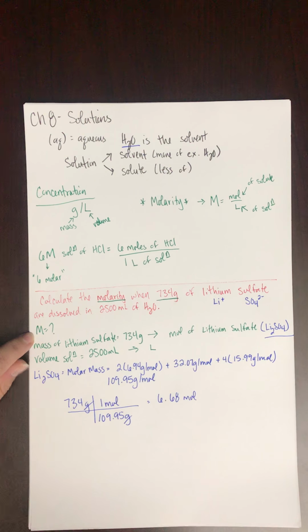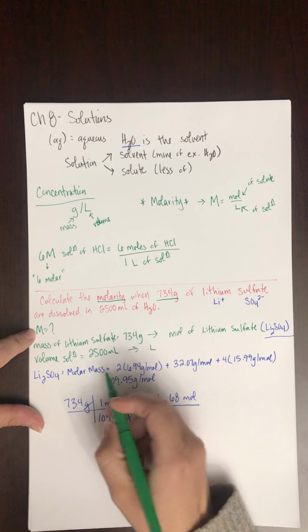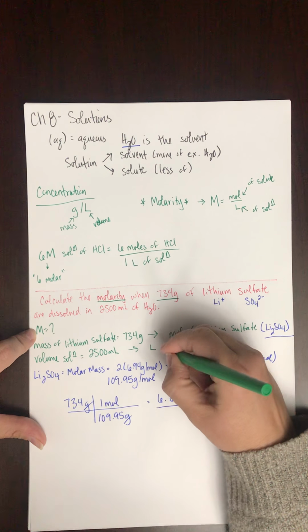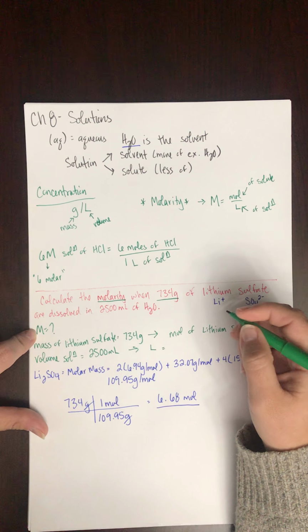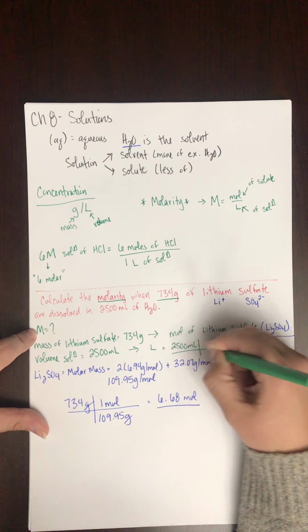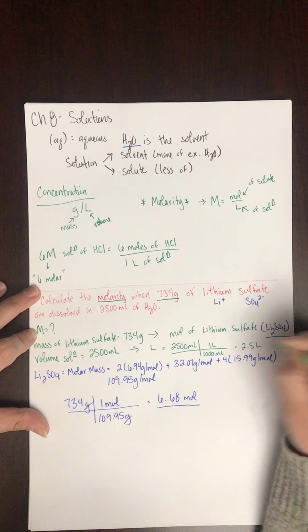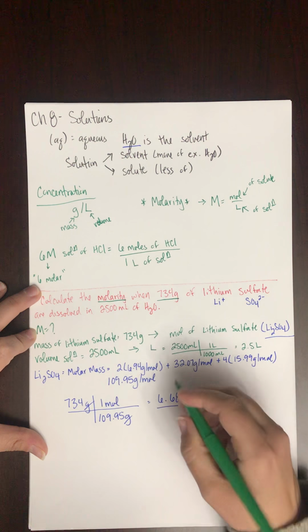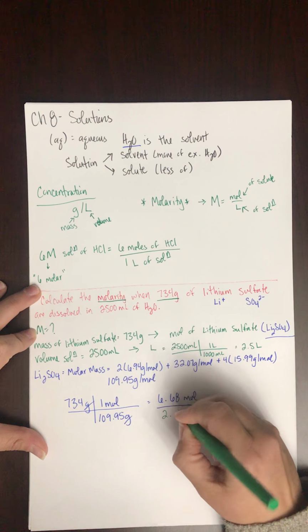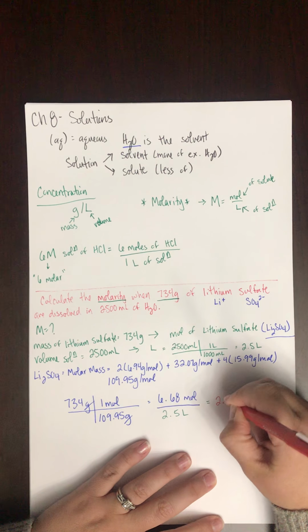So the question is asking for molarity. Molarity is moles per liter. So how many liters do I have? Well, I have 2,500 milliliters. The conversion is that there are 1,000 milliliters in 1 liter. So if I have 2,500 milliliters and there are 1,000 milliliters in 1 liter, that means I have 2.5 liters. So I have 6.68 moles divided by 2.5 liters. That's going to give me a molarity of about 2.7